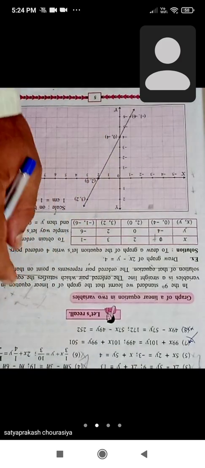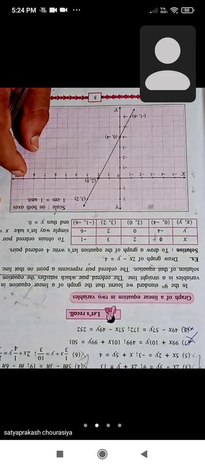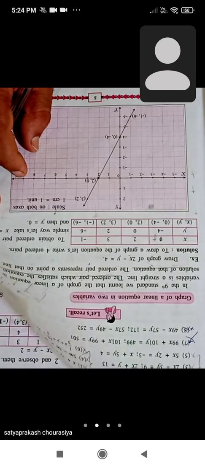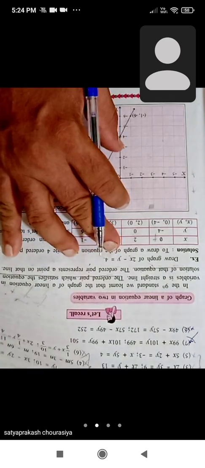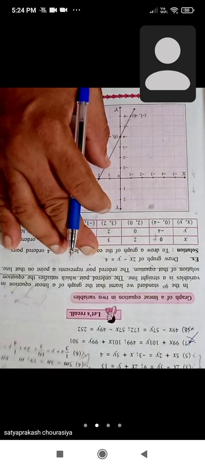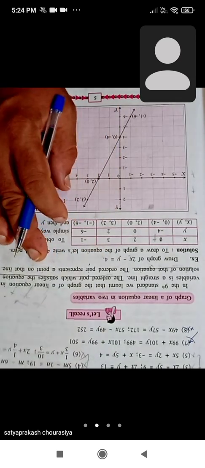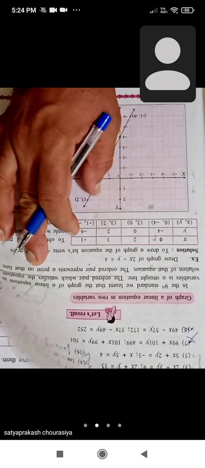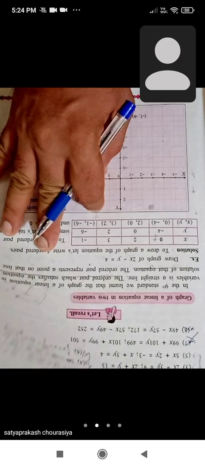So minus 6 plus 4 will give you minus 2, because the greater number is 6 and before that there is a negative sign. Okay, and here you will get minus y is equal to minus 2. Now on both sides there is a minus sign. When you multiply both sides by a negative sign, you will get a positive sign again, then y will be equal to 2. Okay, now you will draw the